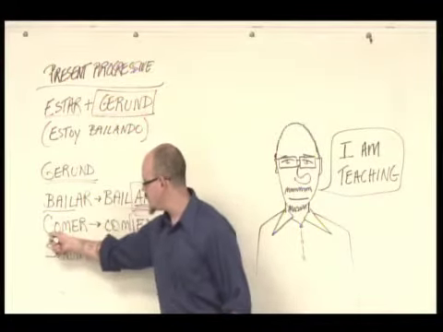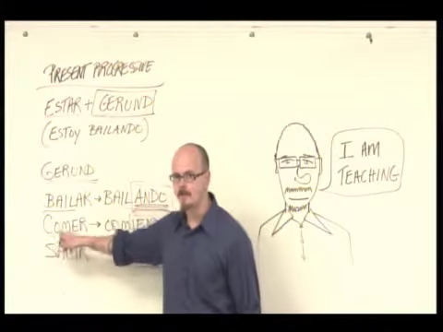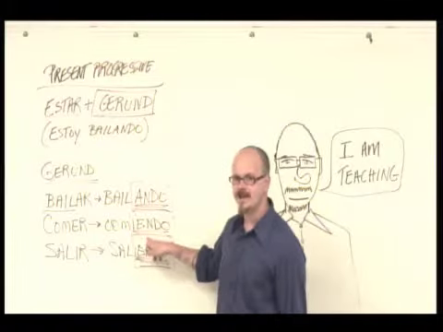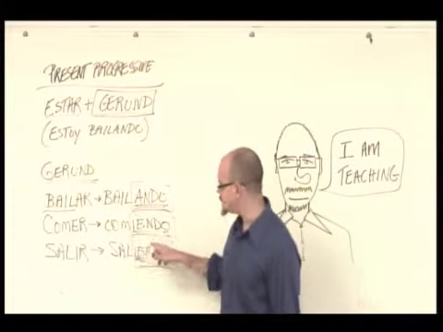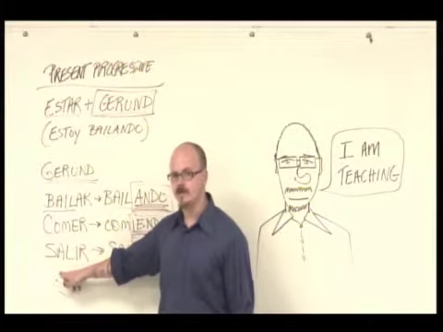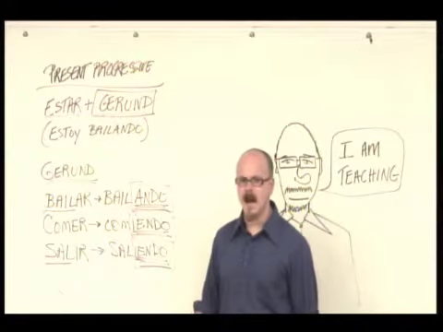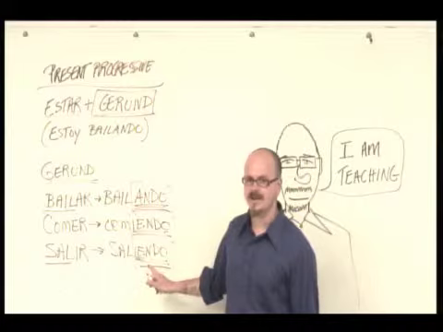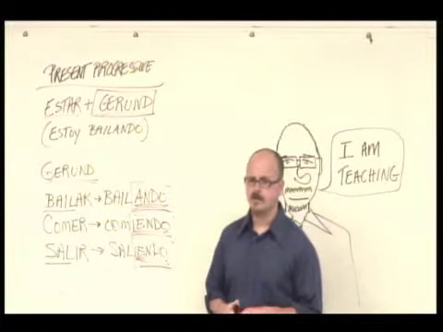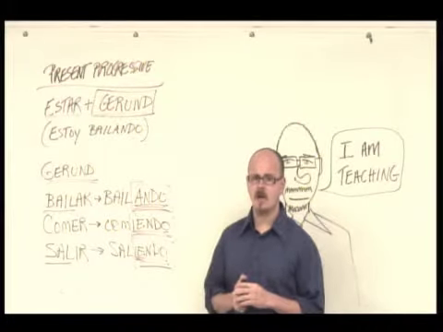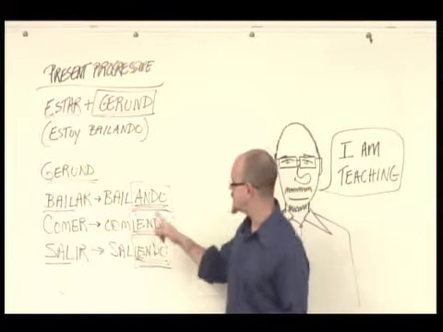For comer, we'll do the same thing. We'll take off the ER, leaving us with the root or the stem of com, and to that we will add the ending yendo, I-E-N-D-O, comiendo. Same thing for IR verbs. We're going to take off our IR, leaving us with a root or a stem of sal, to which we will add iendo. Remember, these are verbs, so they do not have gender. They don't change. So it doesn't matter if you're a man or a woman, it's always bailando, comiendo, saliendo. This does not change to